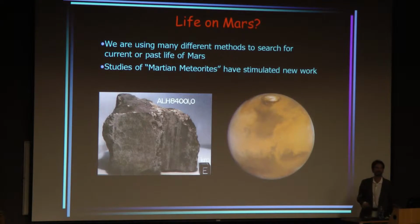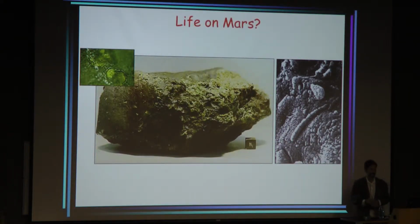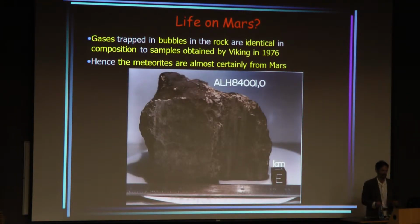Okay, so moving on to finish talking about possibility of life on Mars, we have these Martian meteorites, which we discover on Earth, in the south polar regions of Earth. And we actually know that they're from Mars because of atmospheric evidence that we see. They're sort of potato-sized meteorites, much smaller than this, or they're small. And inside them we see a variety of different things that are interesting. We see things that look almost like fossilized microbes, but we also see the evidence for some sorts of organic